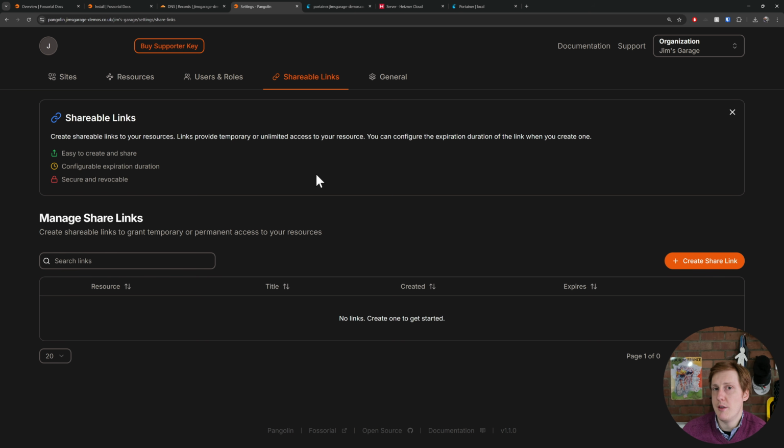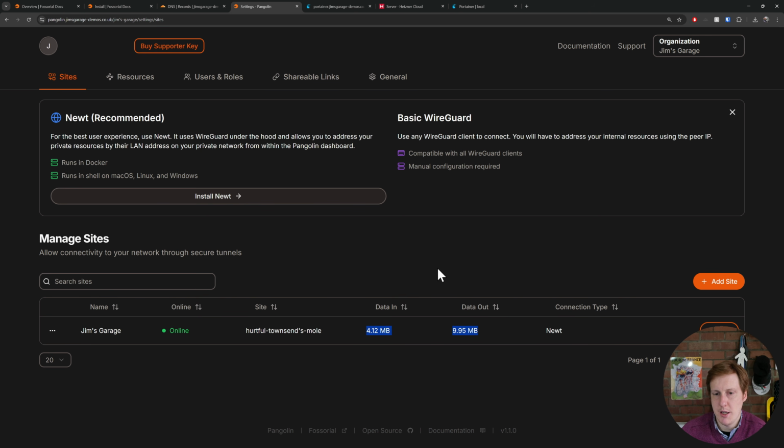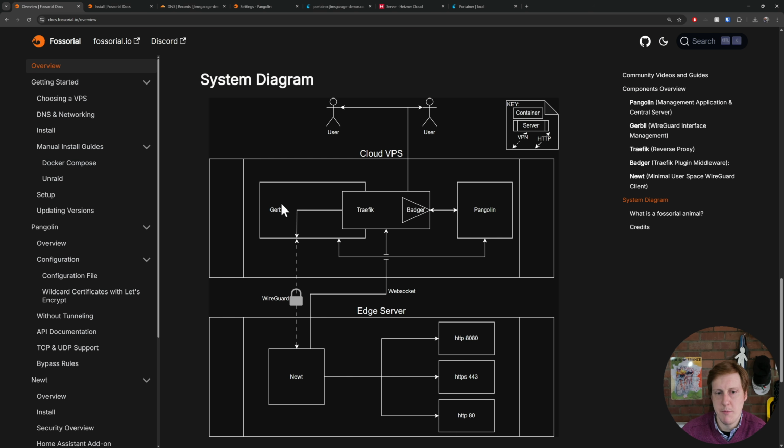This is quite cool. This is a way to give somebody access to something temporarily. So you can click create a share link, choose the resource you want, and you can say how long you want them to have access to it. And that'll be done through some sort of token or session, which will expire after that date has been met. You also get some handy metrics here. And again, if we go back to our diagram, this is all handled sort of by Gerbil and that connection down to Newt,